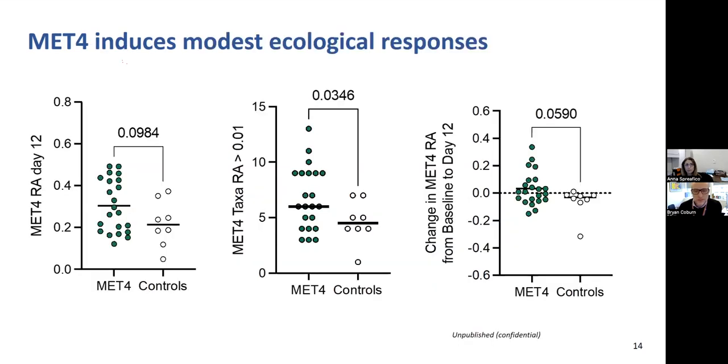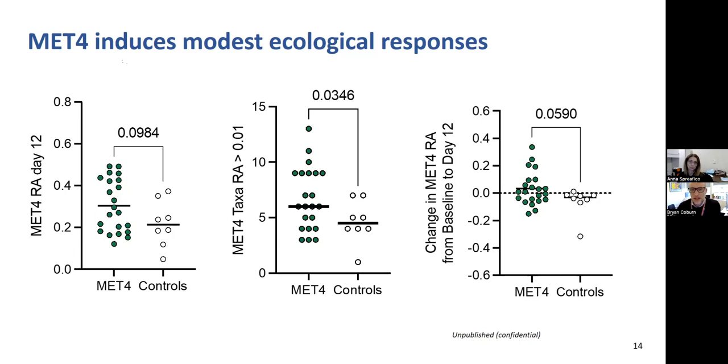Next slide. And this is one of the things that we learned, which is, I think, really interesting from a future studies perspective: when you give organisms to a recipient, you actually see quite a lot of variability in how those organisms take, or their engraftment, in the recipient. So each one of these plots here, the MET4 recipients are in green and the controls are in white. Each one of these, the y-axis is a measure of how much MET4, how much of the consortium actually engrafted